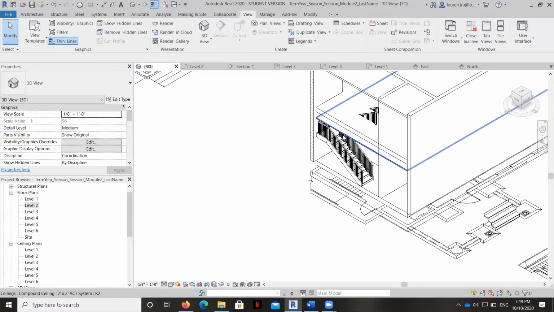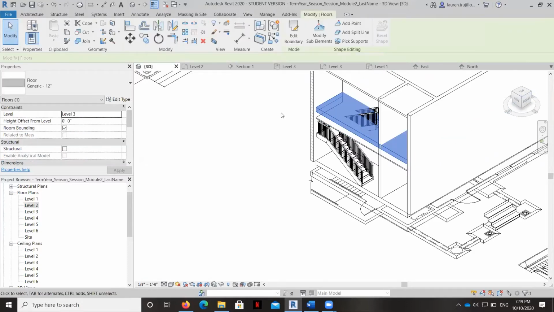Okay, so these are the two that are going to be in our way. And we will get rid of those now. That's fine. Let's go ahead and start by changing the floor here on level 3, which is the second floor of the building.